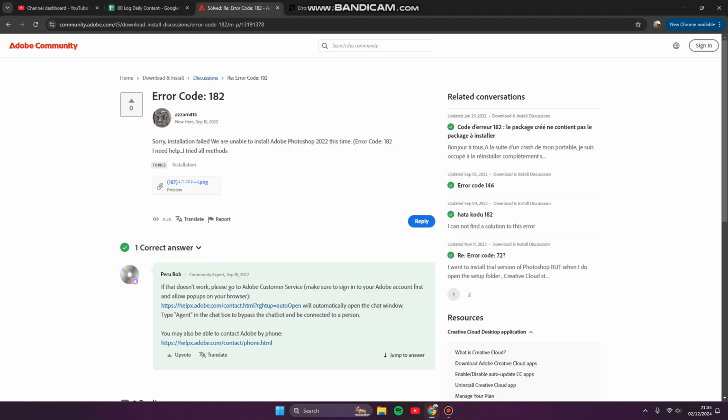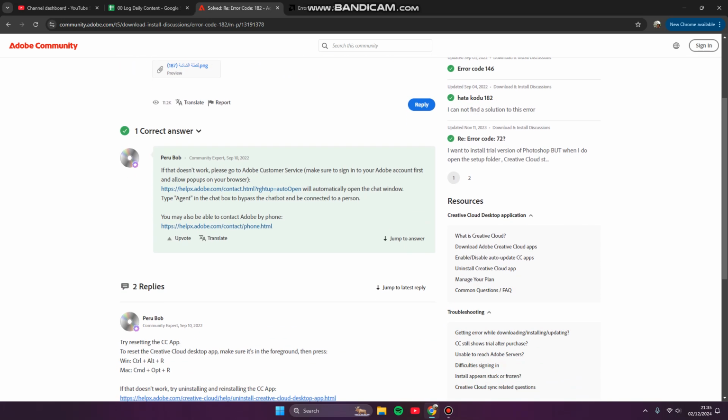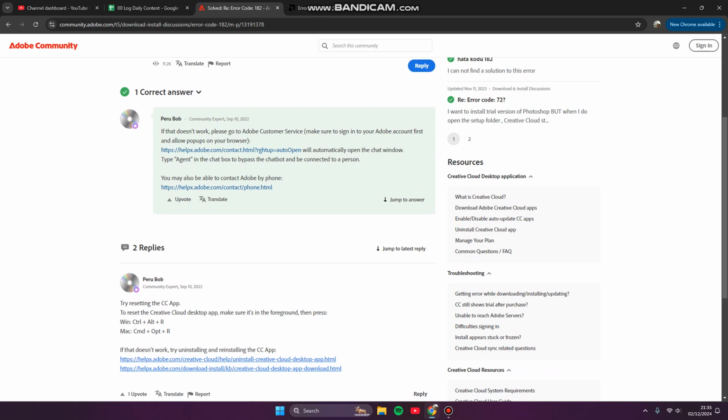Today I'm going to show you how you can fix error code 182 when you try to use the Adobe software or apps. When you try to install Adobe Photoshop, for example, in this case, it says installation failed, unable to install Adobe Photoshop because of encountered error code 182. So here there is one correct answer. If that doesn't work, please go to Adobe customer service,